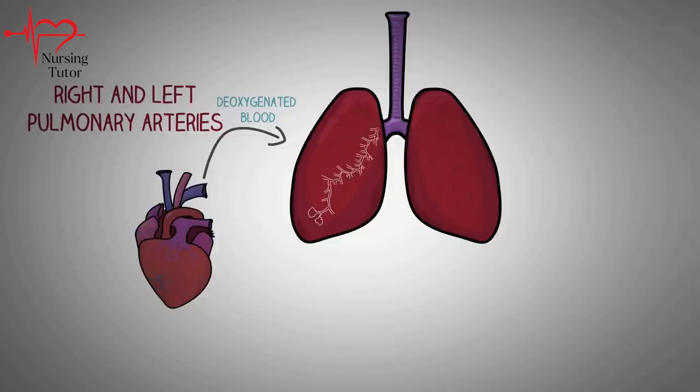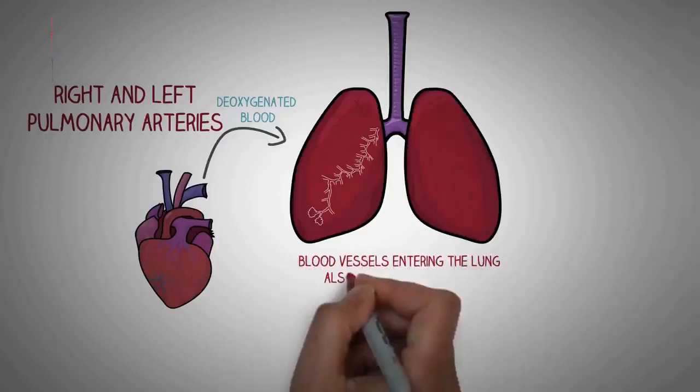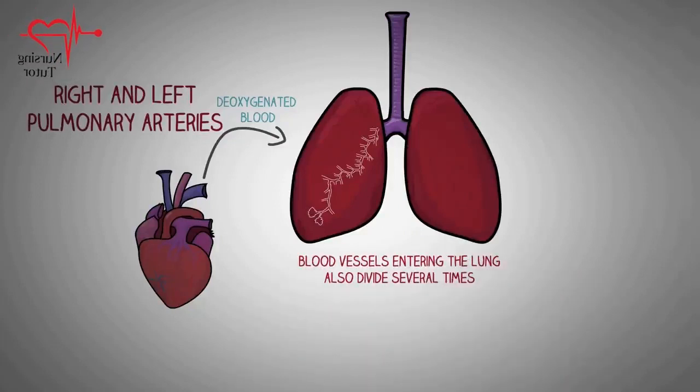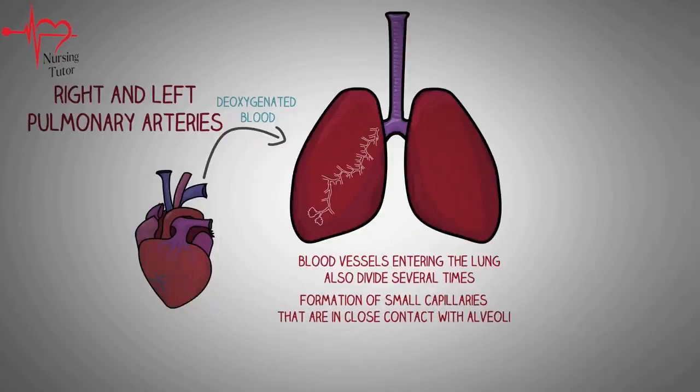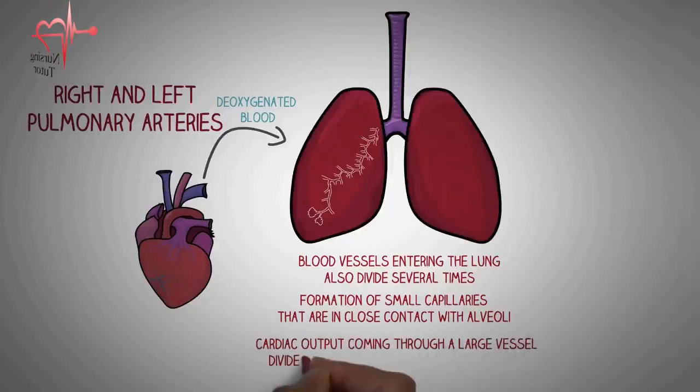Just as we saw with the previous branching pattern, a single bronchus divides almost 20 to 25 times before the formation of alveoli. A similar phenomenon happens with the large blood vessels that enter into the lungs. These blood vessels also divide several times, which leads to the formation of small capillaries that are in extremely close contact